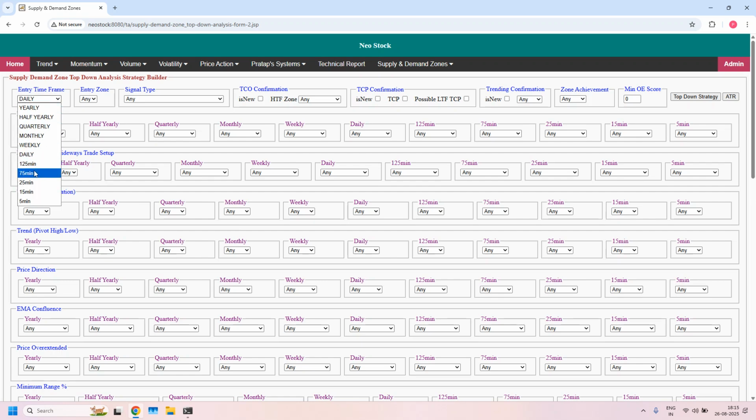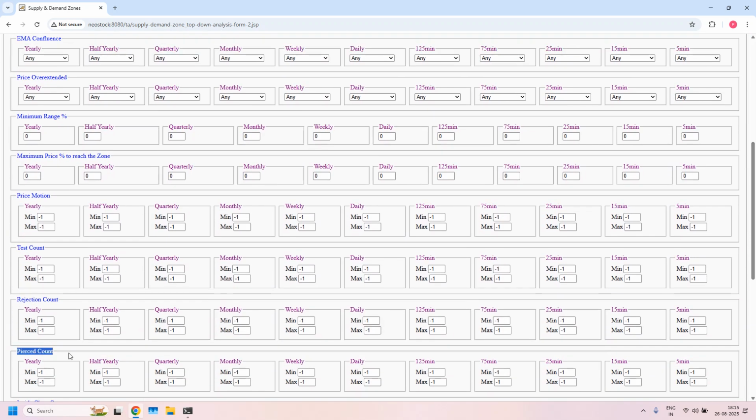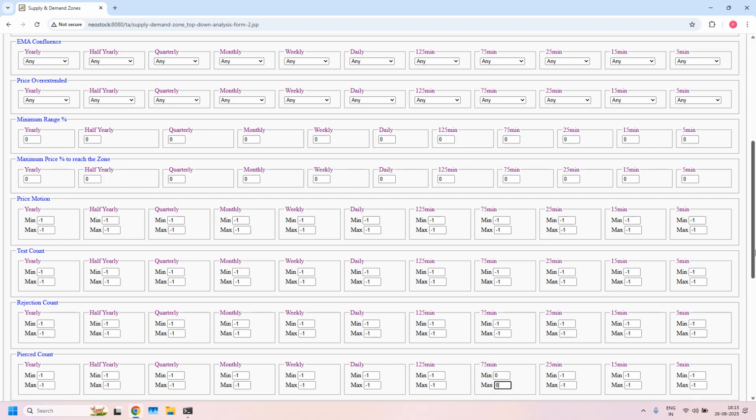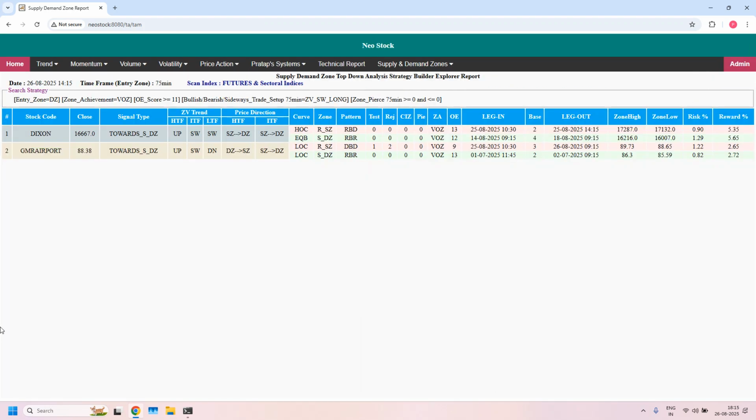Entry time frame 75 minutes, entry zone, demand zone. Here bullish, bearish, sideways, at 75 minutes sideways long, zone achievement VOZ, minimum order enhances score 11, and 75 minutes demand zone should not be pierced. So in the pierced count at 75 minutes time frame, I am setting minimum value 0, maximum value 0. That means pierced count is 0. Pierced count 0 means zone is not pierced on 75 minutes demand zone. So we got two stocks supporting sideways long trade setup for